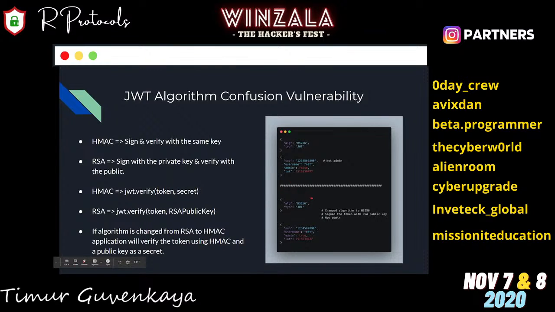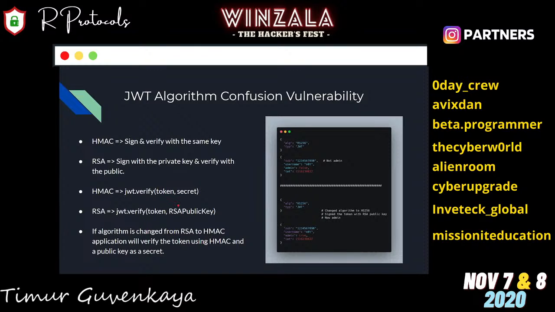And when this token goes to the application, it does not check that it's actually an HMAC going in. The token is signed with the public key, and the method looks, oh, it's actually HMAC. And since it's HMAC and the application verifies it with the public key here, this public key is actually treated as a secret of HMAC.